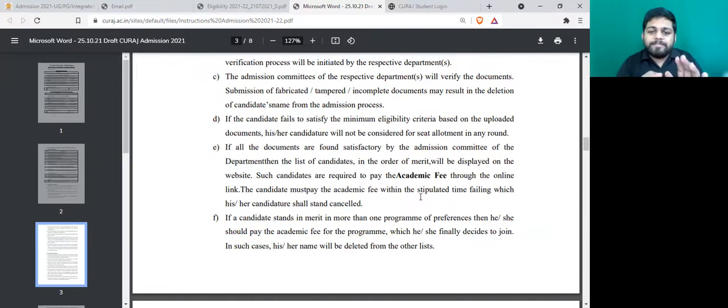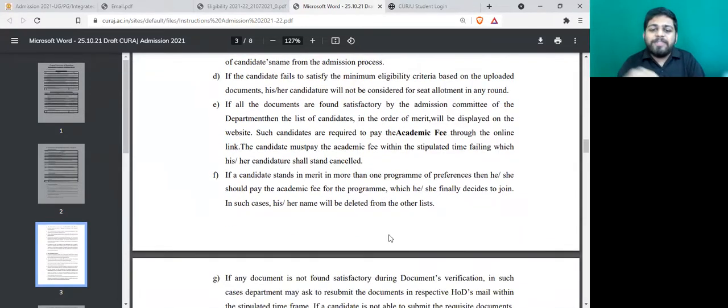and only if it is satisfied, they will be considering you for the admission. And if all the documents are found to be true, they will ask you to pay the academic fee. And the academic fee I mentioned earlier, for integrated MSc students it comes around 10,000 rupees, and for MArch students it comes around 20,000. And then as mentioned, you can apply for 3 courses, and if you stand in the merit list of